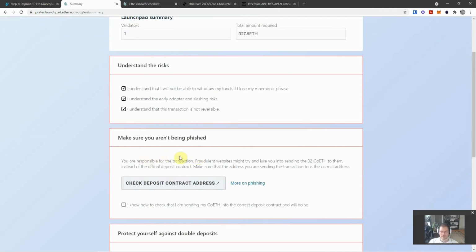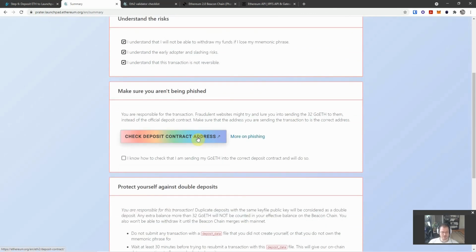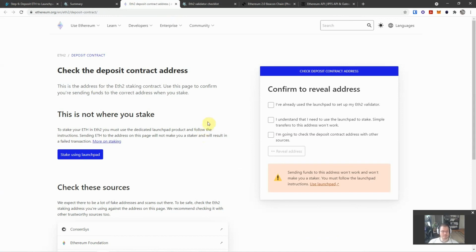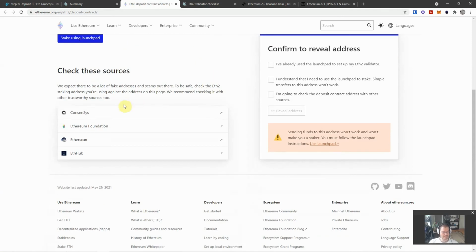Okay, so am I sending this to the right location? Am I at the right Prata launchpad? Right? Check deposit contract address. All right, let's see what this does. This brings me to ethereum.org. And it tells me I can check this on Etherscan and some other stuff, right? So let's go at